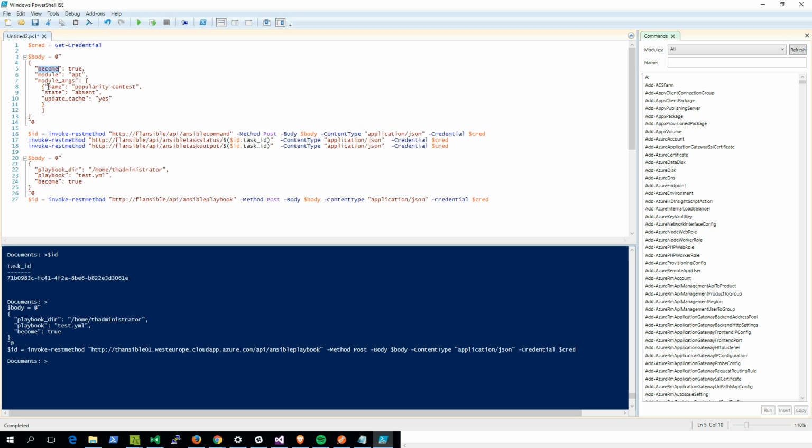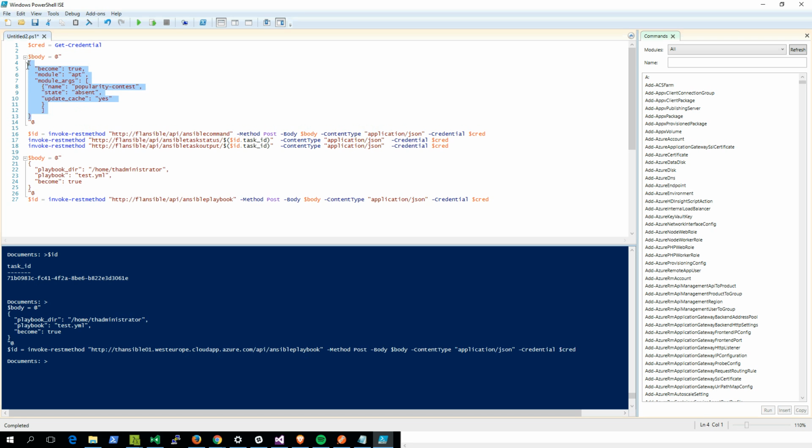Module apt, and then module args is basically, if you've used Ansible, you'll probably recognize these options. So module args are whatever options the module takes. So here I am making sure that the popularity contest apt package is absent. And then before I run that, I do update cache. So if I post this guy,